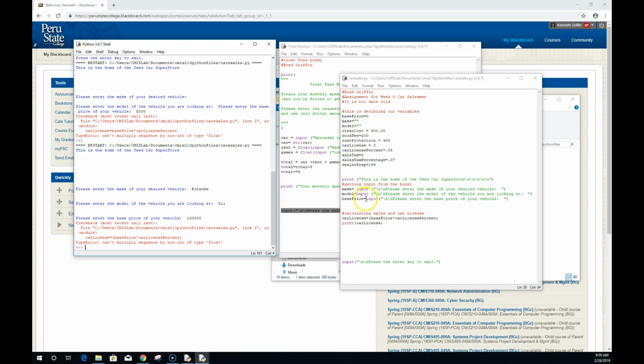Oh, so this base price, do we want it as an integer or something different? It's up to you how we do it. Do we want to have decimals or not in this program? Not? Okay. We'll round it up. So if we did an integer of everything,